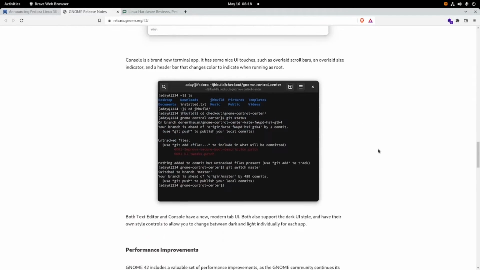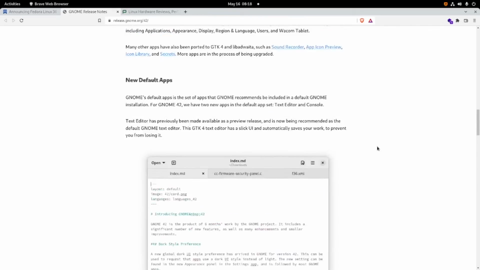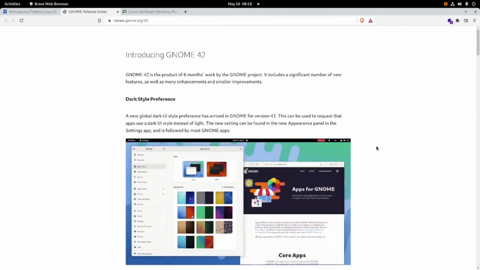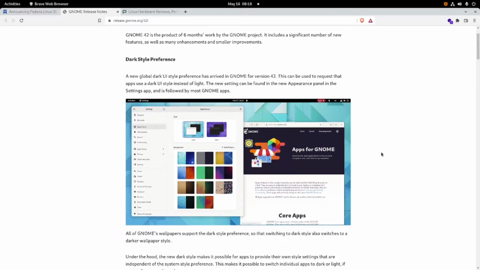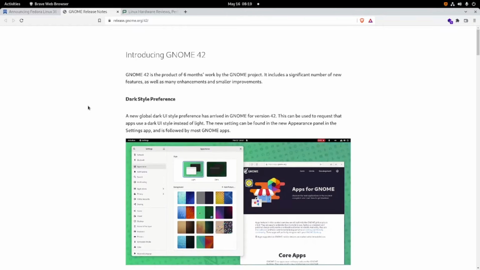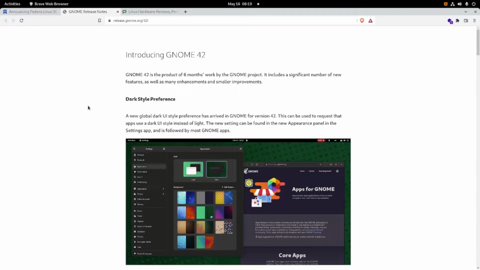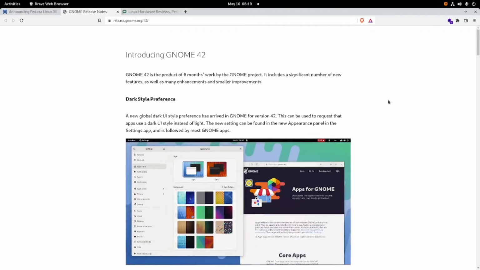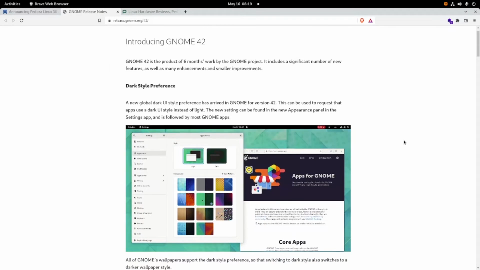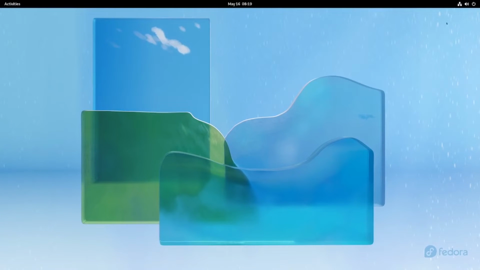We will check them later. Okay, we will try one by one. I hope this video will not take a long time, because I'm afraid that you will get bored with my long video, so I will do a fast preview, starting from the dark preference. Let's go to the VM and go to the settings.